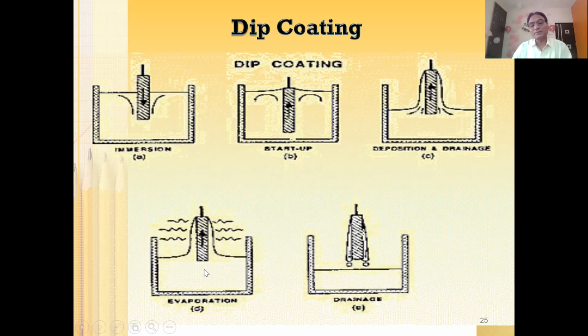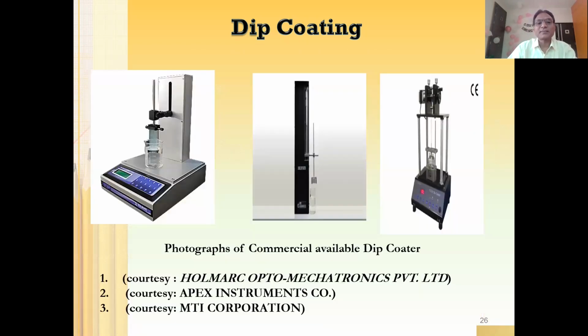when we take it out, it will be partially inside the liquid and partially outside the liquid. Whatever solvent is going to be there is going to be evaporated. And the last one is drainage. So after evaporation, you will have a substrate in your hand which is not completely drained out. So whatever extra water molecules there are, those are going to be drained out during the draining stage.